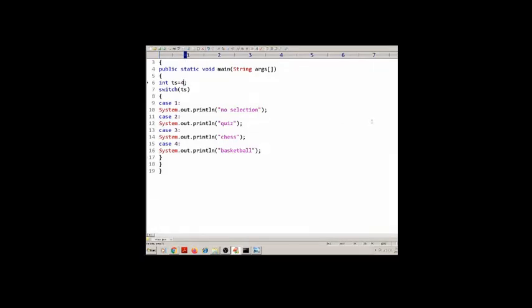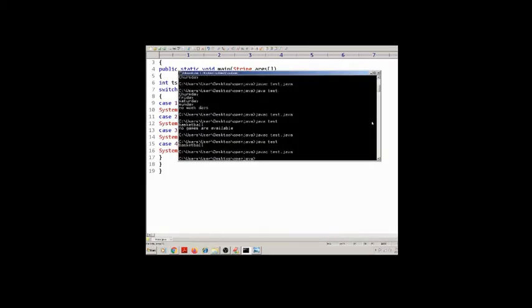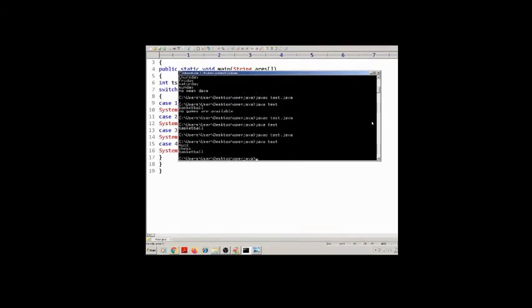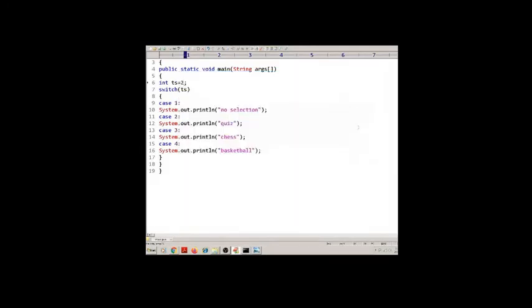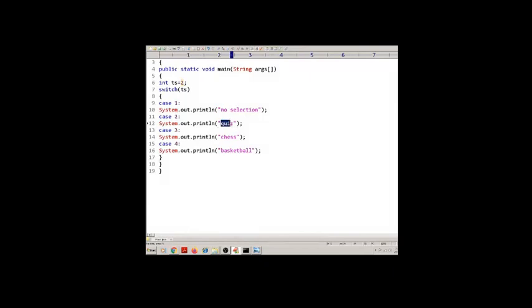If you want to change the test score, suppose the test score is 2. Again save your program and then compile and execute. Quiz, chess, basketball. So 2 matches case 2, which is quiz, and after that all other cases are executed.